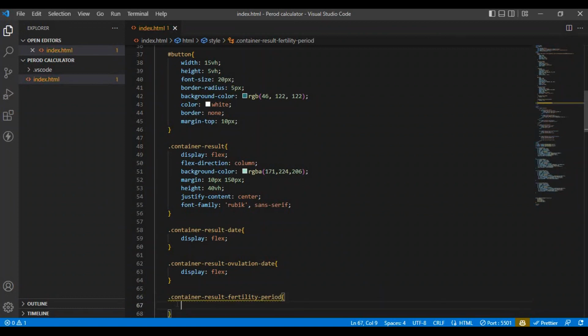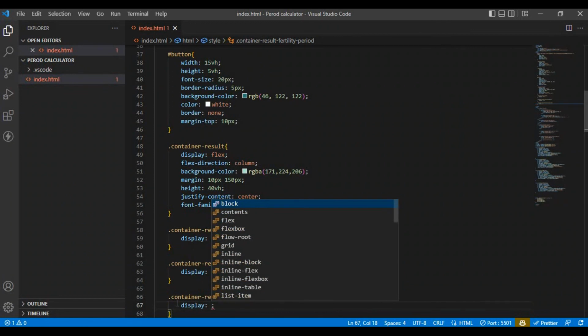So that is it, and we'll be having also display flex,